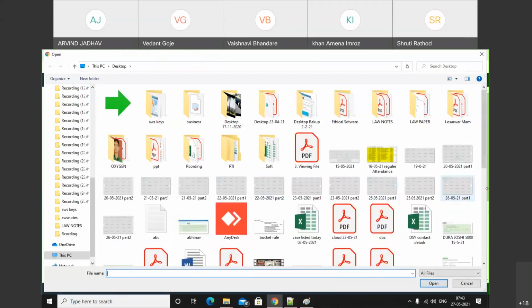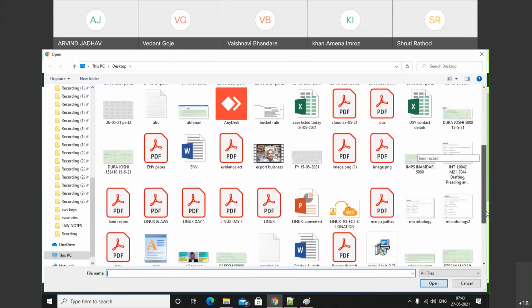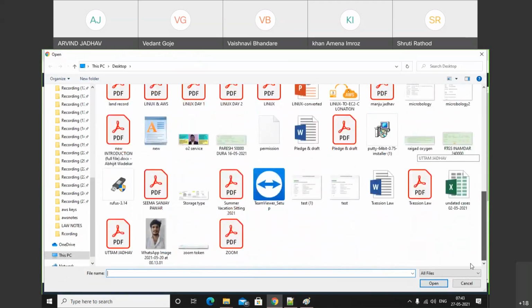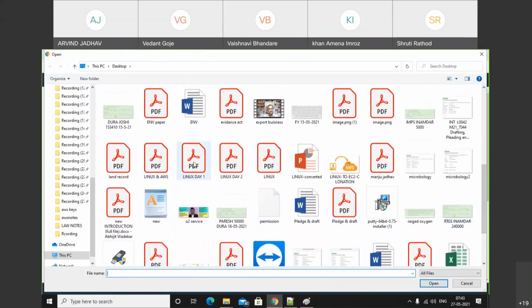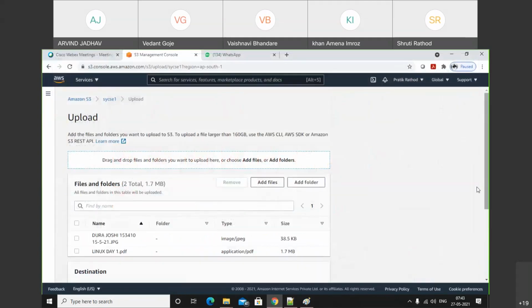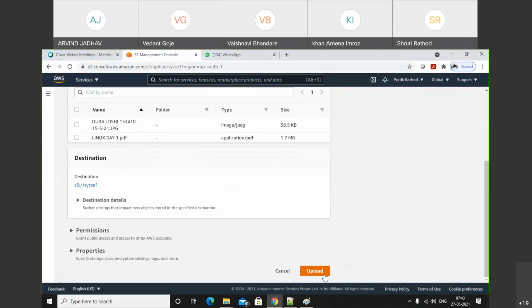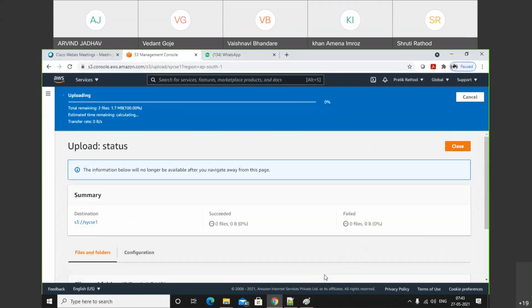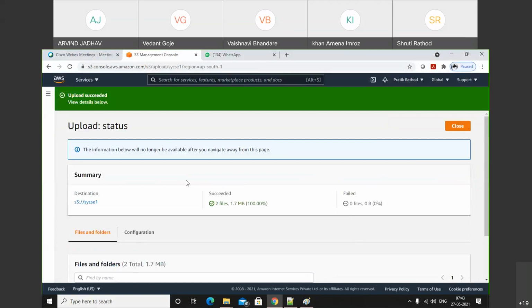Inside that I want to add this Linux file. Click on that. It takes some time to upload data, depending on your internet speed. And now we have successfully uploaded the data inside SYCSC.